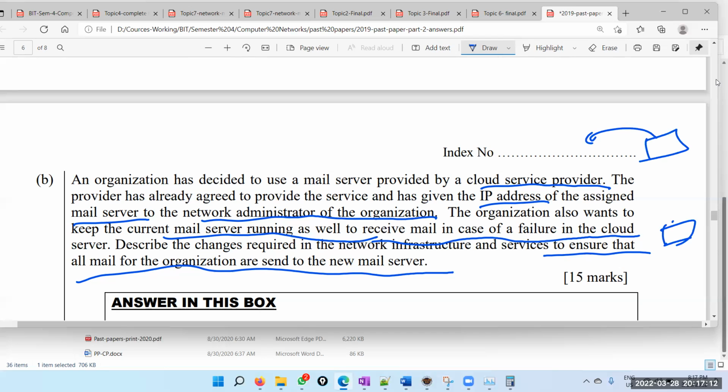Now emails are coming for your domain. Say, for example, ours is Aurora CSL. So emails are coming for our domain, and in our case, our emails are connected to the Google servers. Likewise, we have to configure this. Now, we want to send mail to this server as well as this server, right? The organization also wants to keep the current mail server running as well to receive email in case of failure